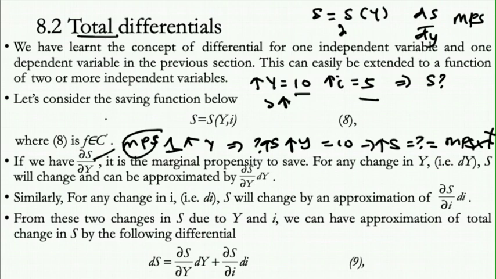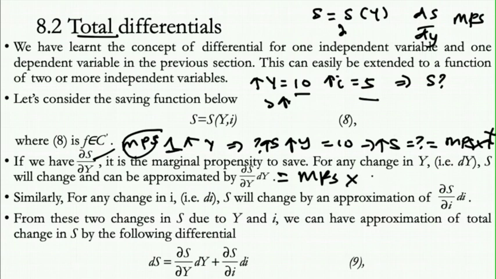If we have delta S over delta Y, it is called MPS, marginal propensity to save. So for any change in income Y, that is dY, let's say 10, saving S will change and can be approximated by delta S over delta Y times dY. So this is actually MPS times